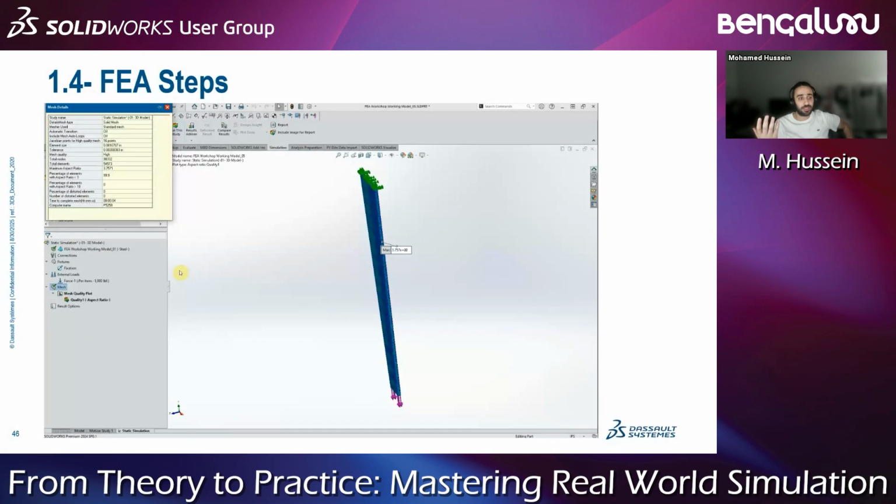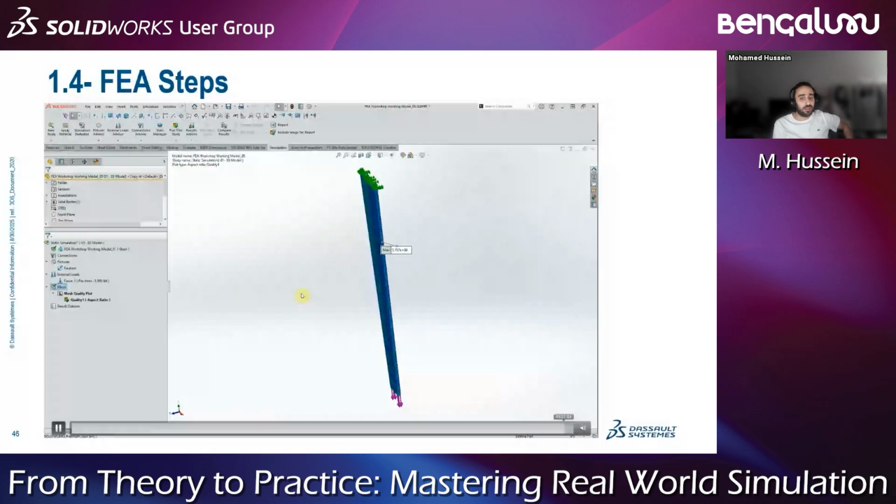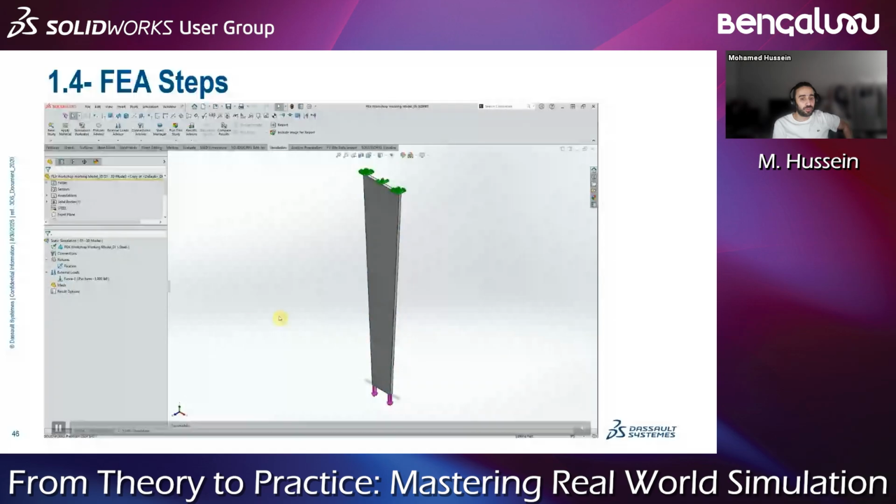Was Danny right now saying, yes, it's better? I'm not sure if you are talking about this. Yes, now it's better, but you have to think first, do you need this kind of accuracy or not? Because for sure, I will be using a lot of resources to solve this example. So moving forward,